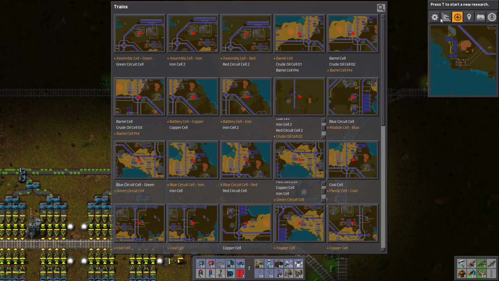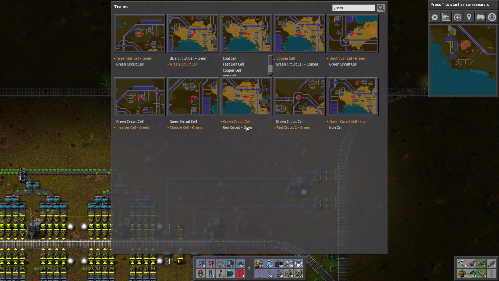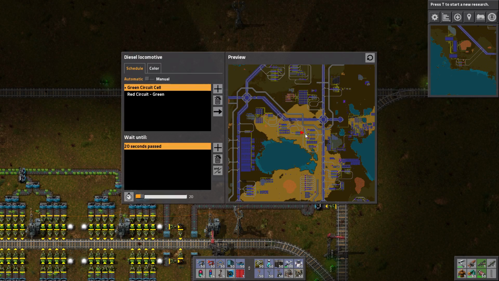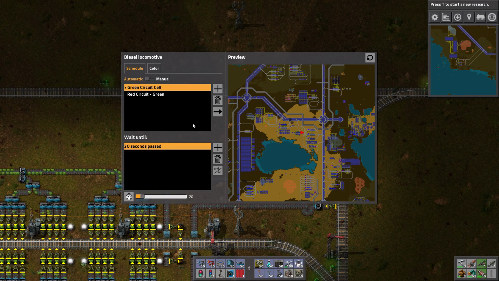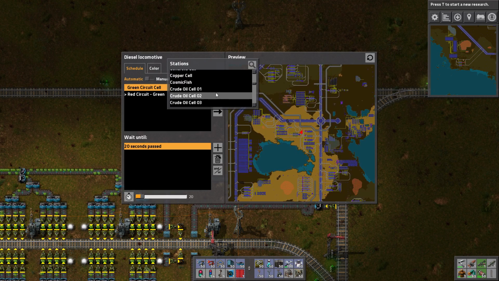Let's grab the train that is picking up green circuits and sending them to the red circuit cell because this is one of our big bottlenecks. Really, the big bottleneck is this and the petroleum production, which we'll get to later. So instead of going to green circuit cell, I want it to go to...